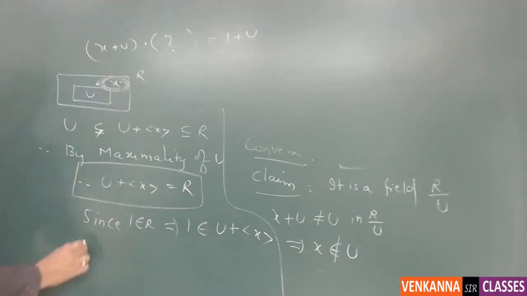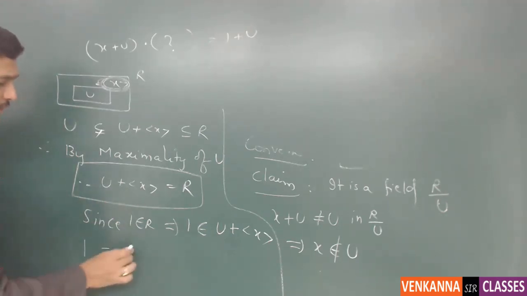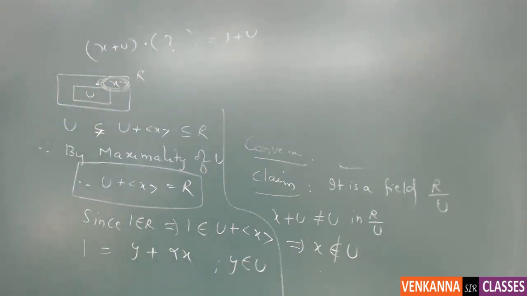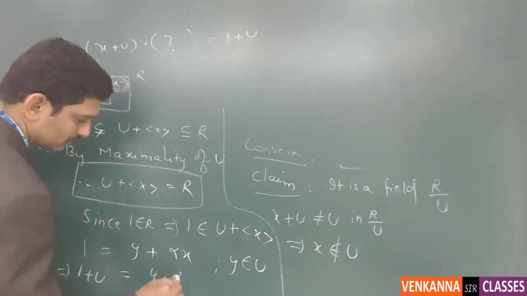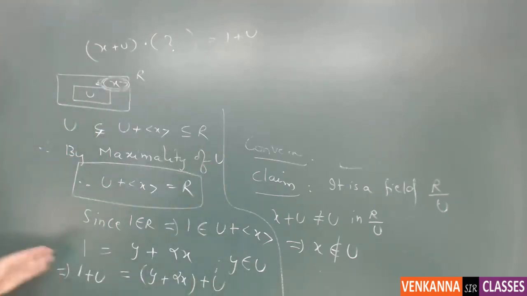So you can write 1 as some element, say y plus alpha x, where y belongs to U. And for this relation, you add U on both sides. So applying coset properties, you have